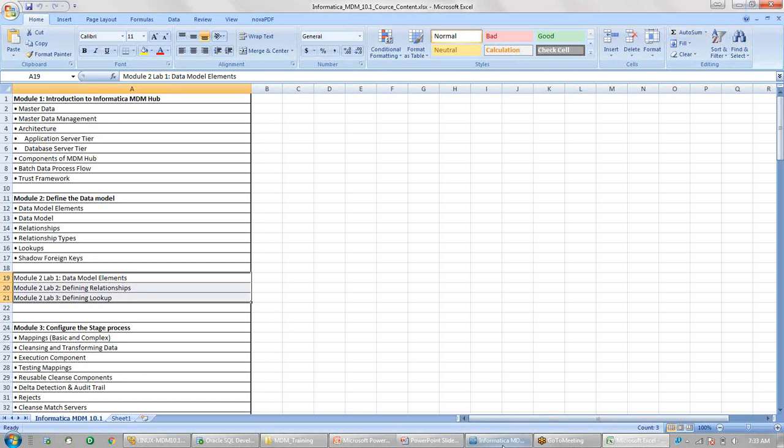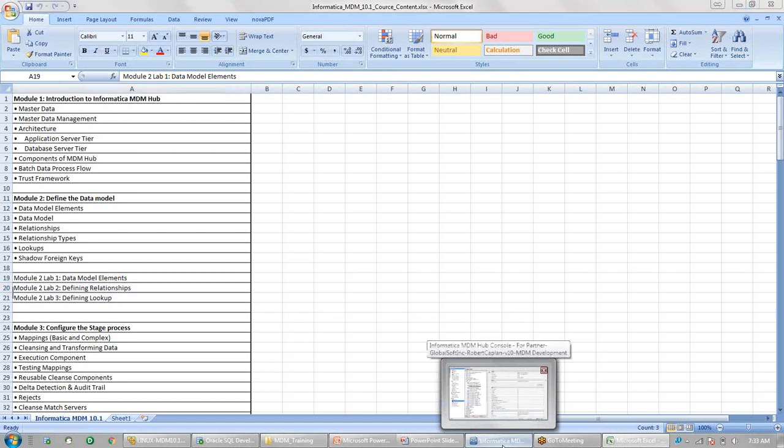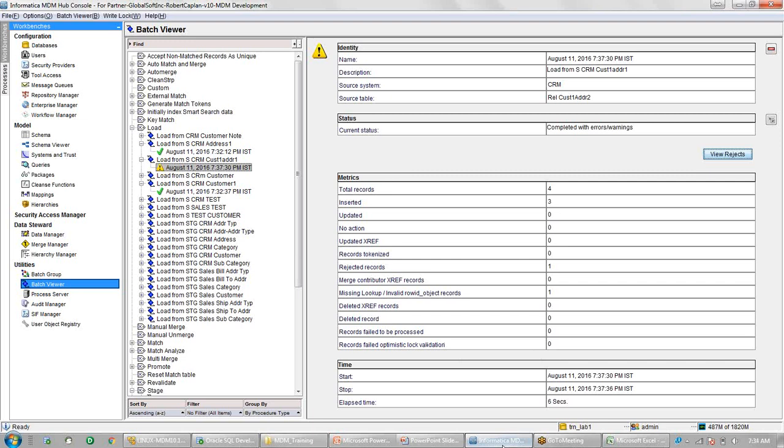Once you get access, that URL will be provided to you. When you follow the lab guide, it will ask for a URL which will be provided by the tech class. Once you open the MDM console, you will have a username and password. Once you log in using them, you will see only one ORS.